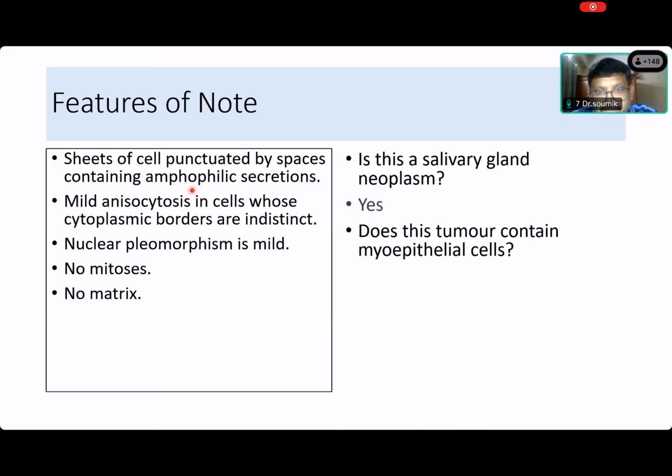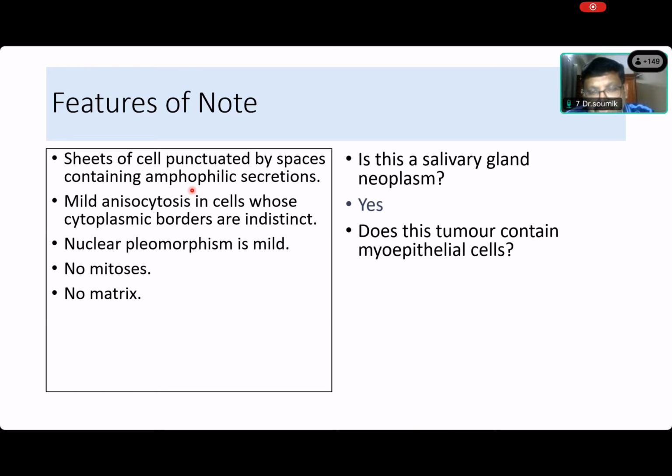Somebody called Manisha says possibly yes. So Manisha thinks that there may be myoepithelial cells. What do you think, Somik? Just because your two colleagues said no, you make up your mind. Are there myoepithelial cells? So Somik, can you tell me what are the features that we should look for to diagnose myoepithelial cells on histology? We have seen myoepithelial cells. Come on, Somik. Tell me one criterion at least.